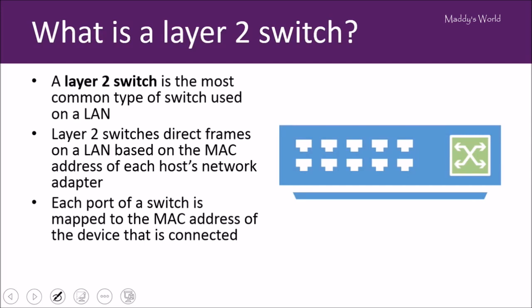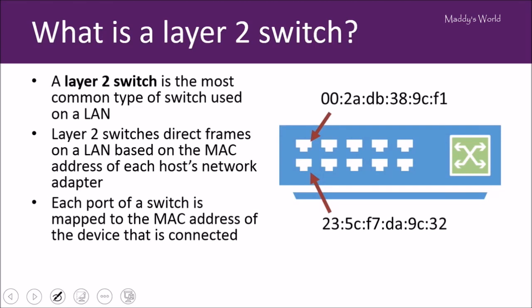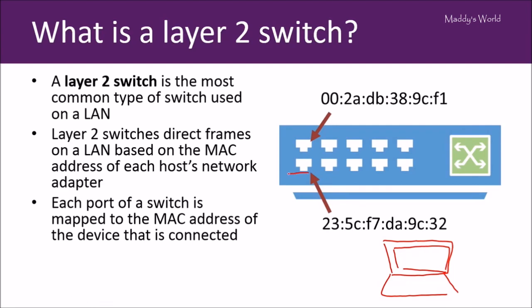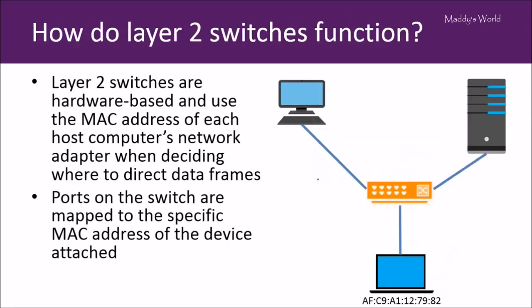So a little bit redundant there, but pretty good information, right? So you might have 2 computers. Maybe we have a laptop down here that features that MAC address of 23, 5C, F7, and so on. This port right here is then going to be dedicated to that MAC address. So these guys, layer 2 switches, function just simply using the MAC address to dictate where information is going to go. So if I have this example here,